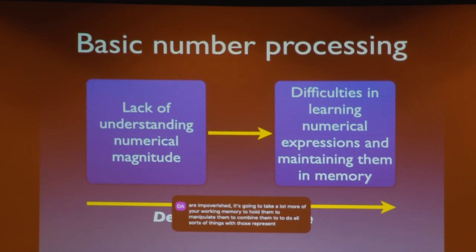So it all starts with a lack of understanding numerical magnitude, which translates over the course of learning and development and in schooling into working memory difficulties. So we need to do away with these distinctions that it's either or. We need to look at these things developmentally and how they intersect, and how children who start out with a poor understanding of numerical magnitude end up looking like they have working memory difficulties. But those working memory difficulties are driven by the quality of the initial representations that they developed in their minds